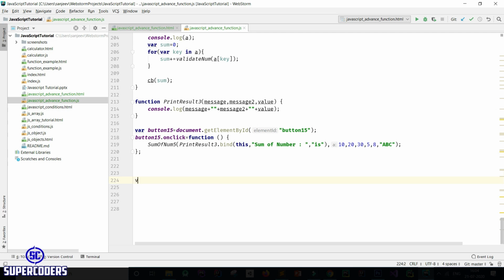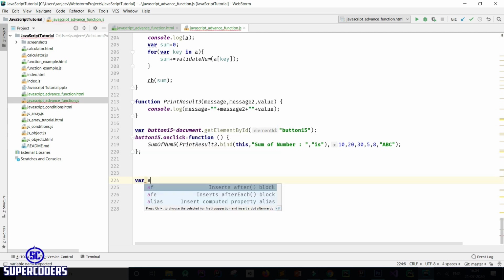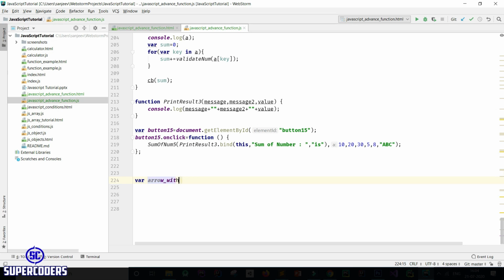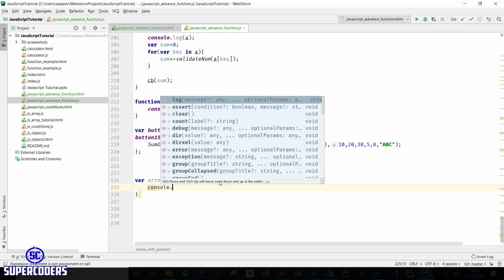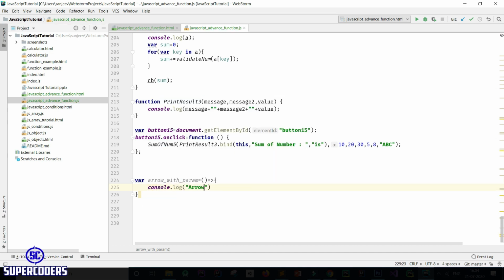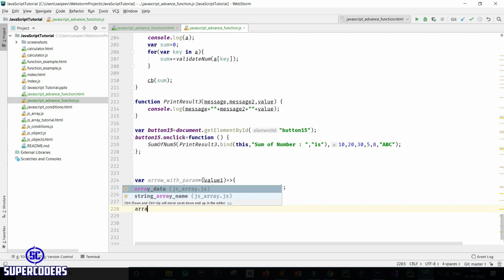So creating an arrow function, arrow with param, then function console dot log arrow with parameter and value 1, then call this method, arrow with param.